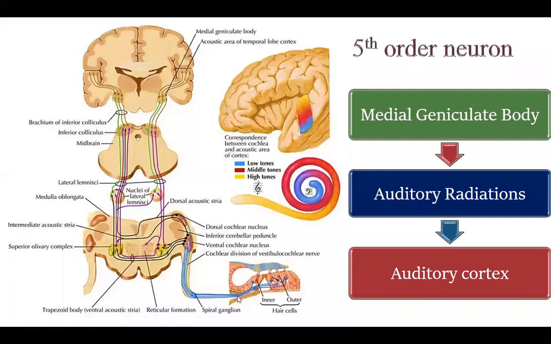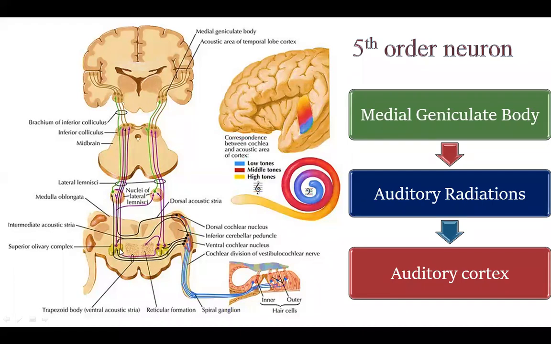the nerve fibers from the spiral ganglion in the cochlea till the cochlear nucleus, that is the dorsal and the ventral cochlear nucleus. From here, few fibers remain uncrossed and maximum cross. So the crossed ones form the trapezoid body. So both the crossed as well as the uncrossed will terminate in the superior olivary complex. So this is the second order neuron.